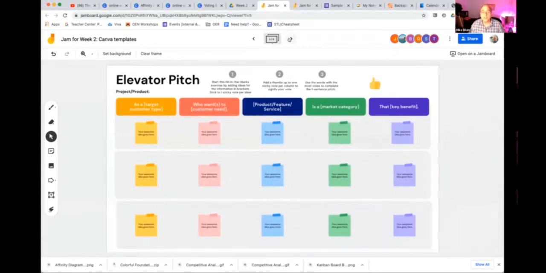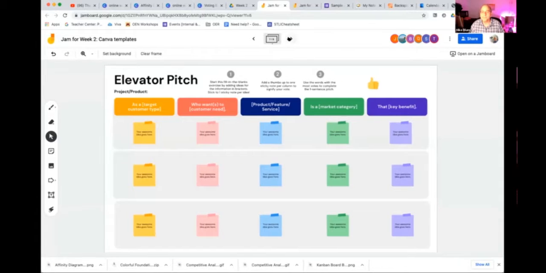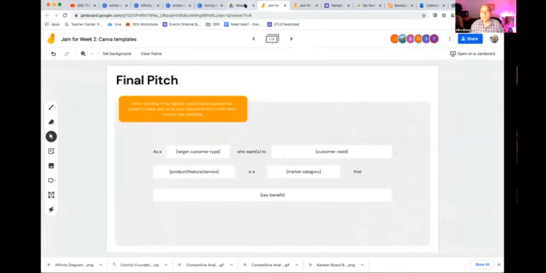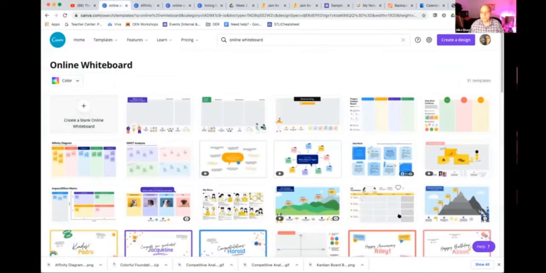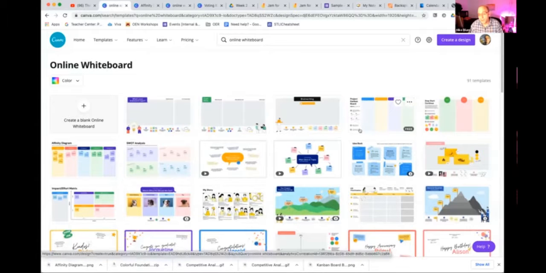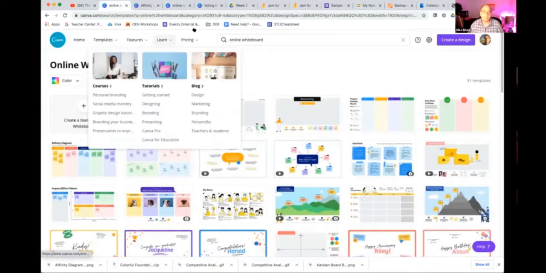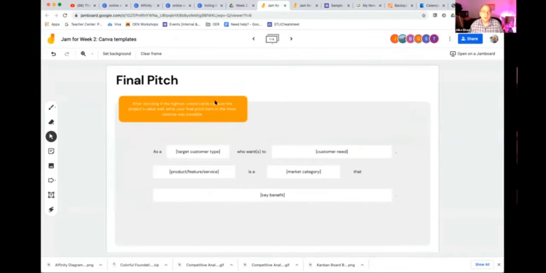And you can also give students the opportunity to build their own, to do things like create an elevator pitch, and then they can work as teams to make sure that they're doing something like that, right? And so if you take a look at Canva, it'll give you lots of ideas for different possible backgrounds that you can use, but it's just as easy to use it by, this makes it look nice, but you could